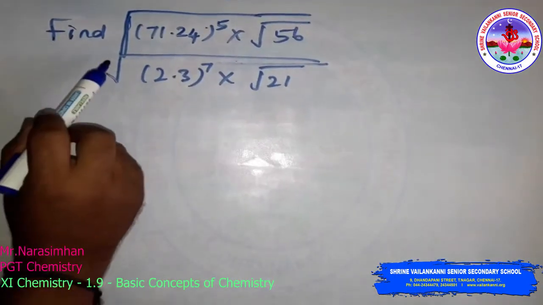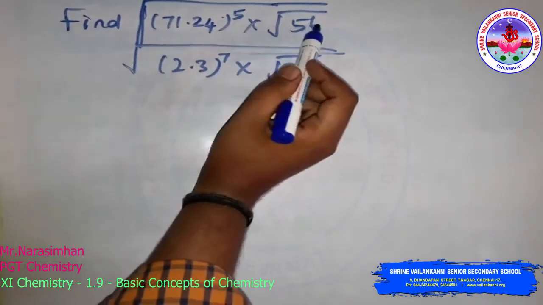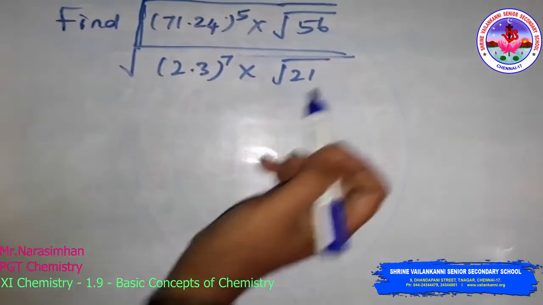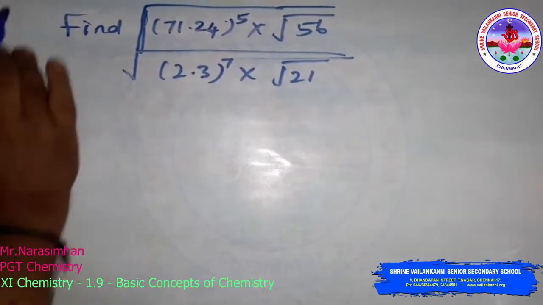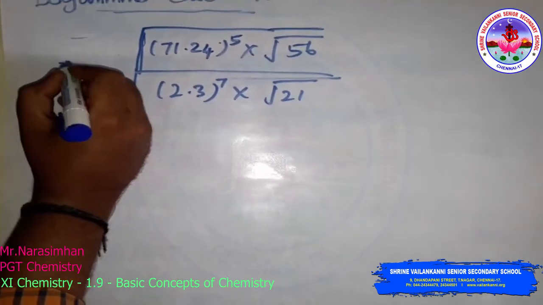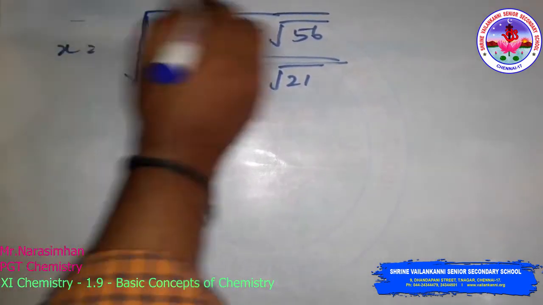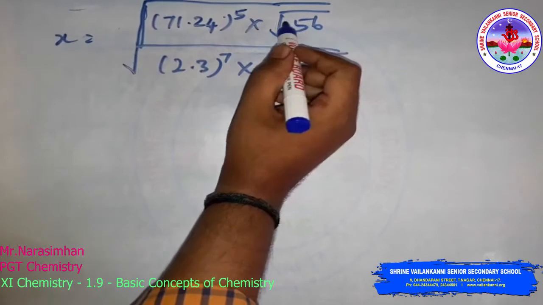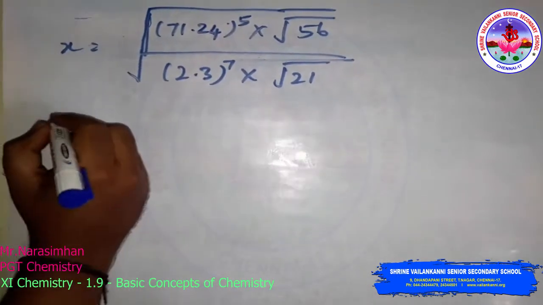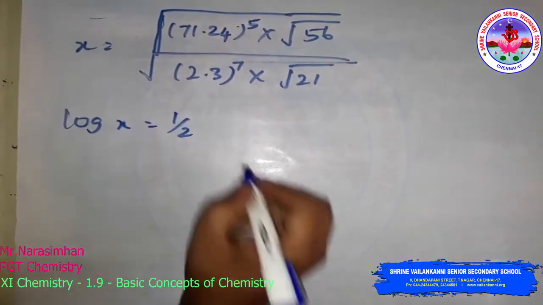Next, find the root of root of 71.24 power 5 into root of 56 divided by 2.3 power 7 into root of 21. So this is the value. So first we have to find this calculation using log, x is equal to this. So log x is equal to, the root value is 1 by 2, root inside a root means it will become 1 by 4. So just writing like this, log x is equal to 1 by 2 into